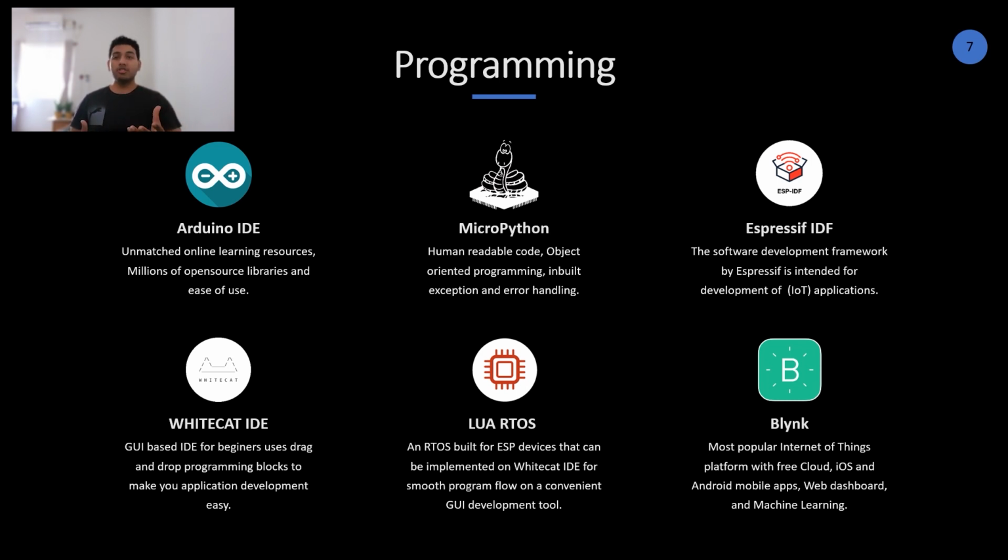So Blink makes this job easier for you because even on their website they have a code creation tool. If you don't know how to code, you can always go to the Blink website and try to figure it out. You enter some parameters and you get ready-made code. Although the code has to be edited a little more by you, the basic code that you require to implement Blink is available on the website. So these are a few of the programming resources. There are plenty more, but these are the most popularly used, so I'm just mentioning these. Now moving on.